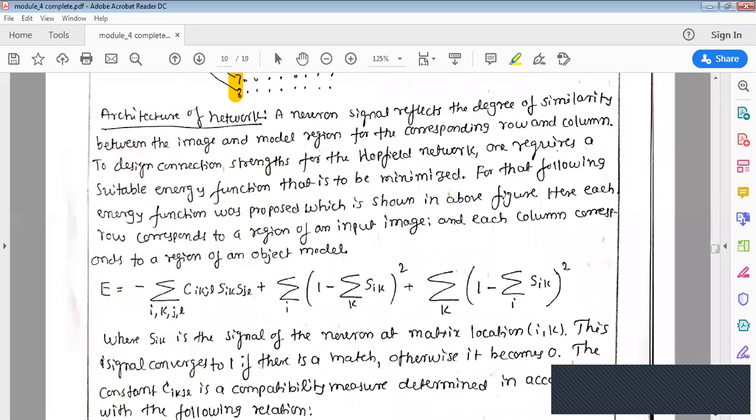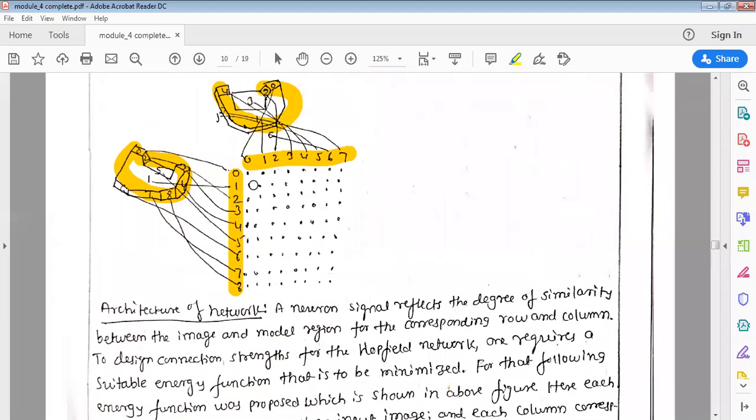The basic idea is to build many matrices by keeping one model constant and rotating the other. So the similarity between this and this, and this and that, will be in terms of a matrix. Your neural network will be trained with this matrix. The moment you rotate and present the object to the neural network, it will take the values of this one and compare them with the previously given values. If the values are very similar to this one, then it will generate +1, indicating that this model and this model are the same.